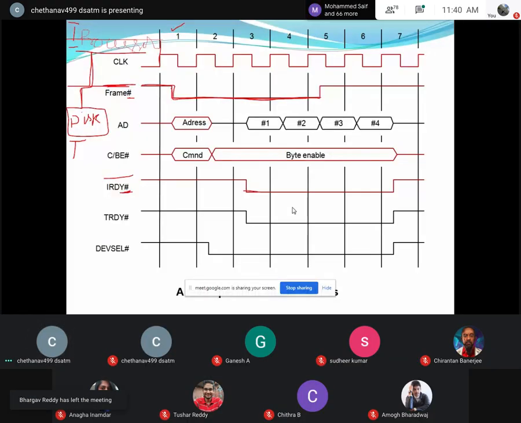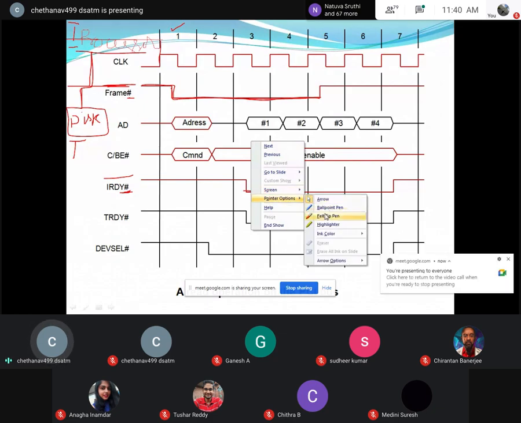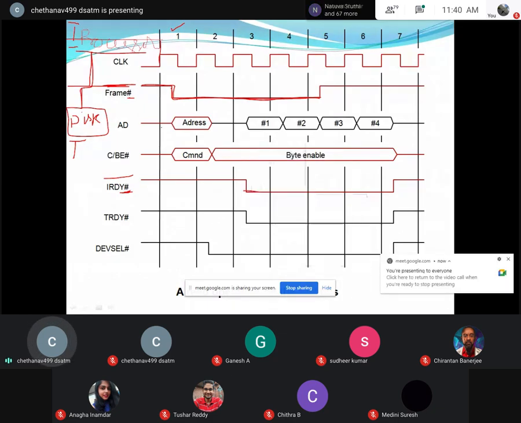So now what happens after the processor has initiated? It has to put the address from where I want to take the data, that means the address of the disk location from where I want to copy the data. That address will be put by the processor. And the command is nothing but read the data or write the data. Here I'm supposed to read the data.